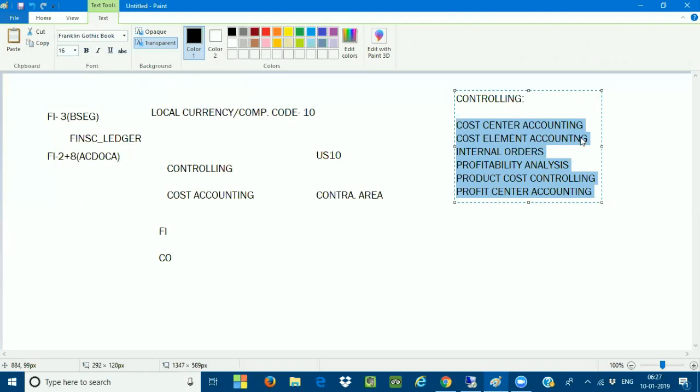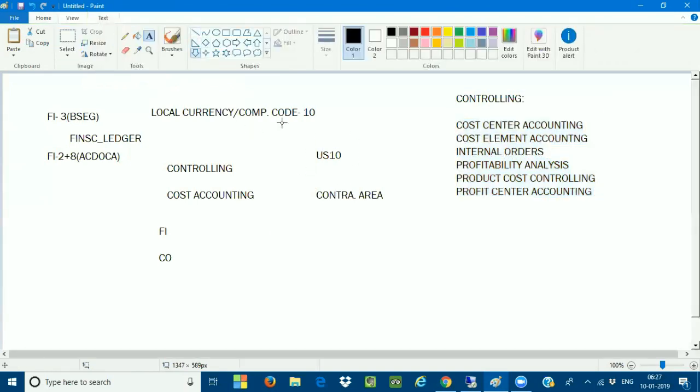So I'm using some cost objects like cost centers. These cost objects are going to take the cost from various other modules to the controlling. So like this, these are all going to control the cost which is incurred during the manufacturing of a product. Now, whichever company code you are using to post the day-to-day transactions, this company code gets assigned to one area, which is called a controlling area. First, we need to create an org structure, the org structure of the controlling area.